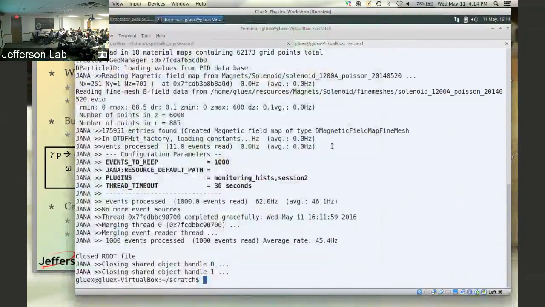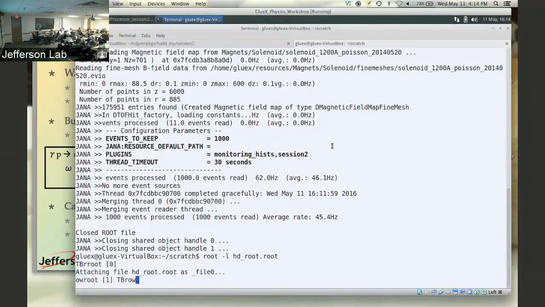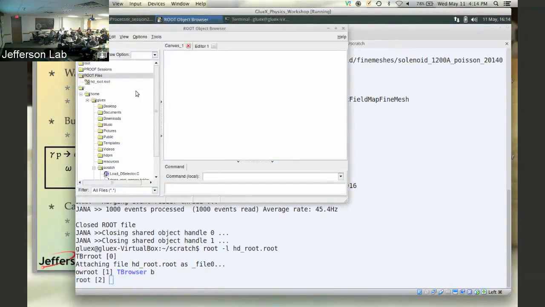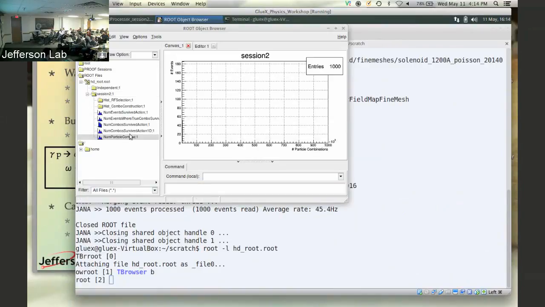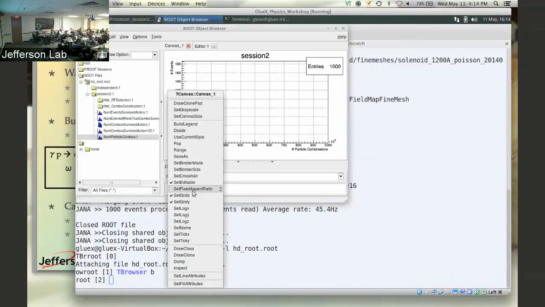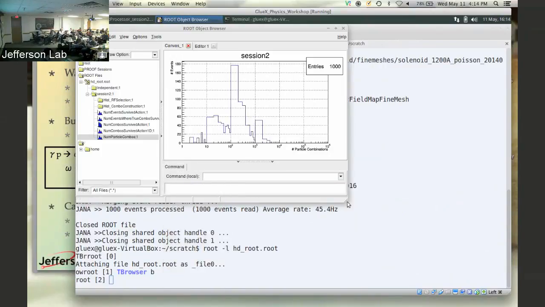So, okay, this thing ran. So let's take an initial look at what we have here. Session 2, that was when I named the plugin. Inside here we have some histograms. Let's look at just num particle combos. The x-axis is log scale, so I'm going to set log x. All right, so you can see here that